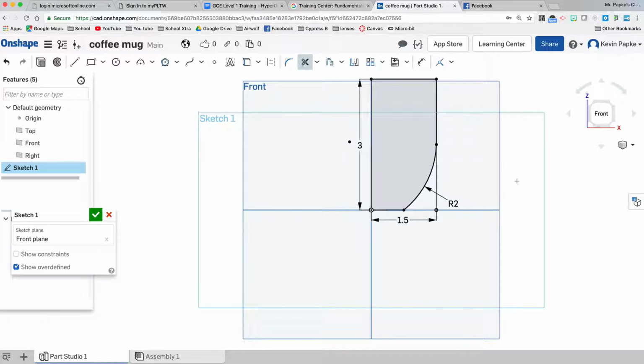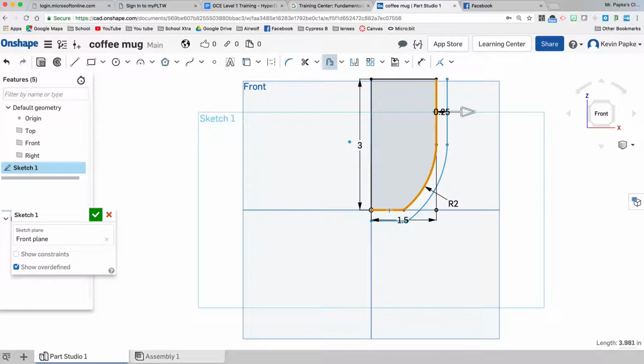Okay, I'm on number 3 on the worksheet. That was number 3. Number 4, I want to offset this to create the mug thickness. So here's my offset tool right here. And I'm just going to click on this line. And you notice it's offsetting it this way. Now, I'm not going to mess with it yet. I'm going to do it at the end, but I want to do this line, this arc, and this line